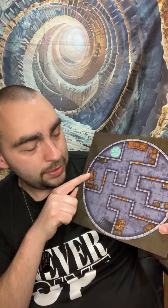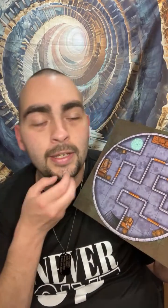So yeah, they had to deal with the mimic mirror, which they did. But it did get them. It did get them, but they beat it. Anyway, because I knew that they were going to go for these chests and things, I had rolled for treasure and magic items to give,